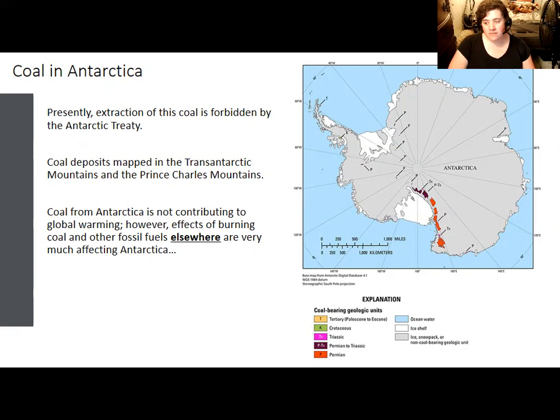The coal deposits from Antarctica are largely from the Transantarctic Mountains, with a couple of possible locations mapped in the peninsula as well. There's probably coal elsewhere also because coal was formed everywhere. We have it in West Virginia, we have it in China, we have it in Russia, we have it in Antarctica, because worldwide, the Carboniferous and the early Permian were dominated by these coal swamps. But a lot of it's covered by ice now. The bits that have been mapped are in the relatively exposed rocks of the peninsula and then in the Transantarctic Mountains.